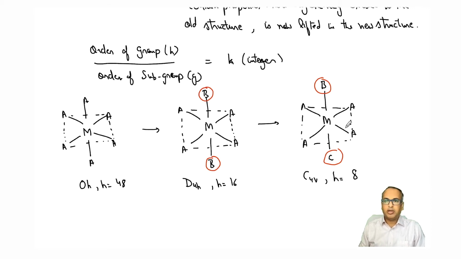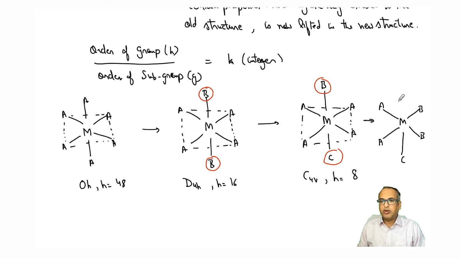So you keep on going, and then what do we have here? If we further replace, let's say, these two as B's and these two as C's, what do we get here? So in all these cases, the central metal atom has the octahedral geometry. So the basic geometry of the molecule is still preserved. It is not changing. The point group and the symmetry is dependent on the pendant atoms also. So we are only changing the pendant